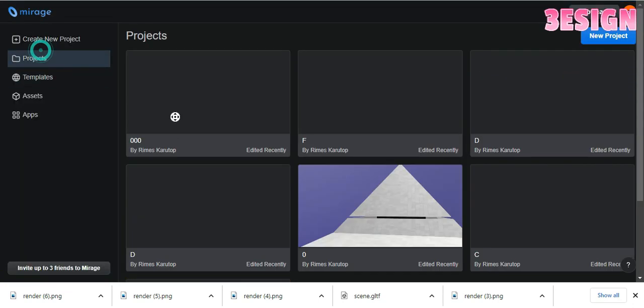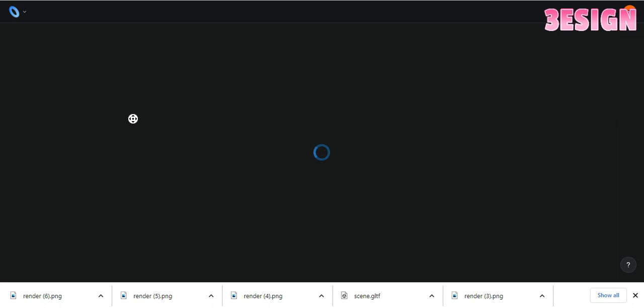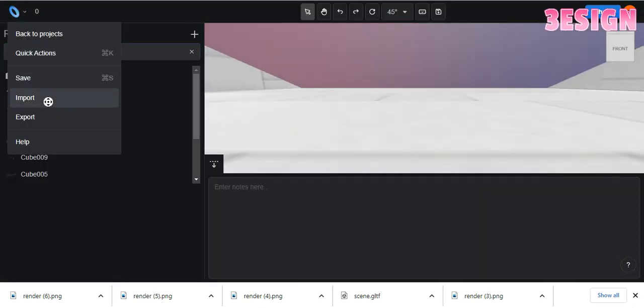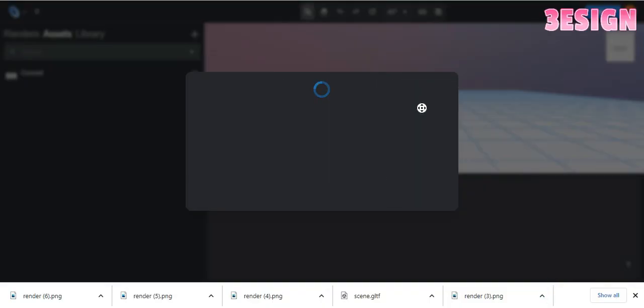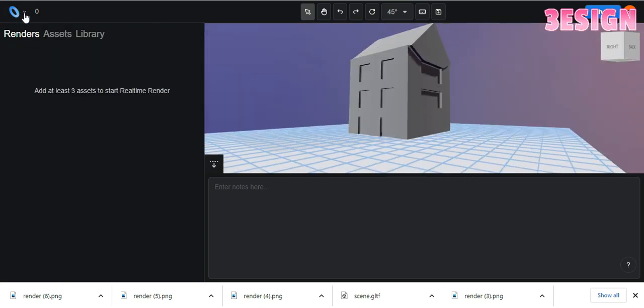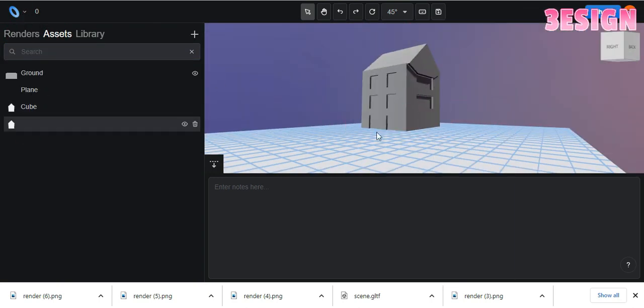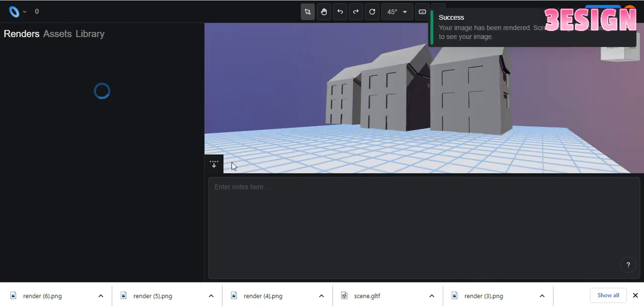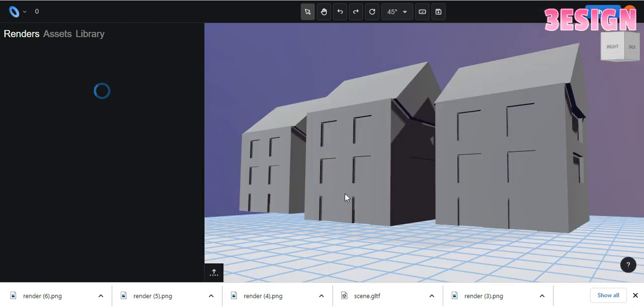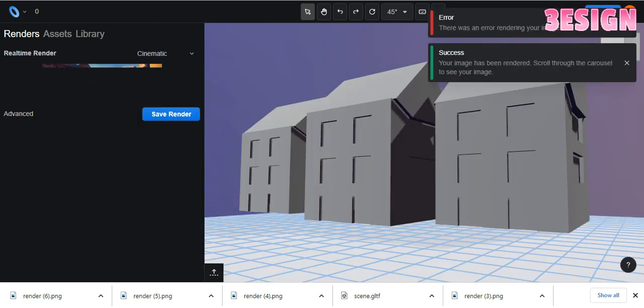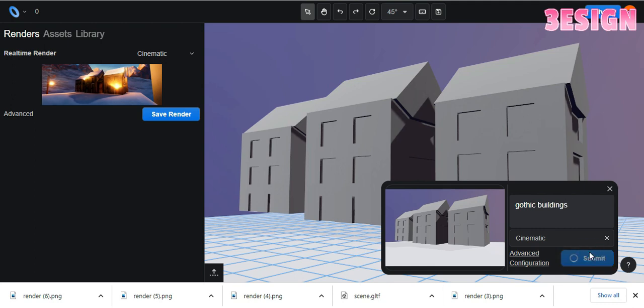Of course, the product is in beta version, and we need to be a little bit patient about some stuff. We sometimes need to do some refreshes, but usually it all works. Don't forget to save the project, it's very important, otherwise it gets deleted. Here I modeled more detailed images,